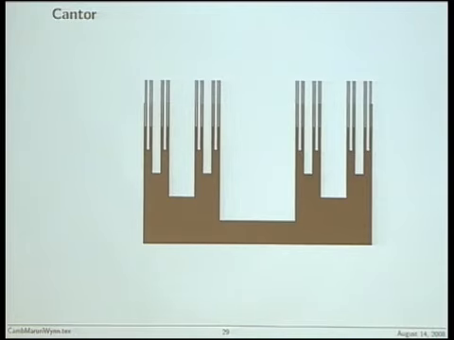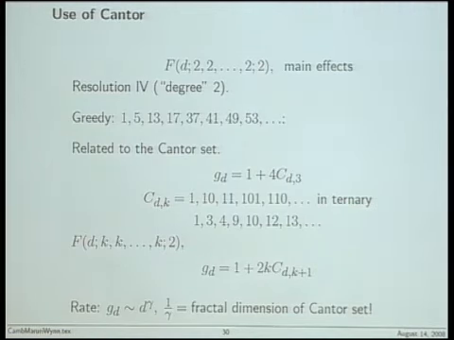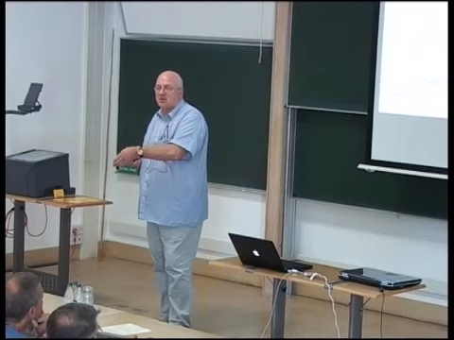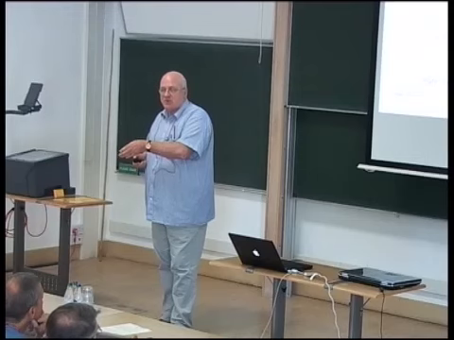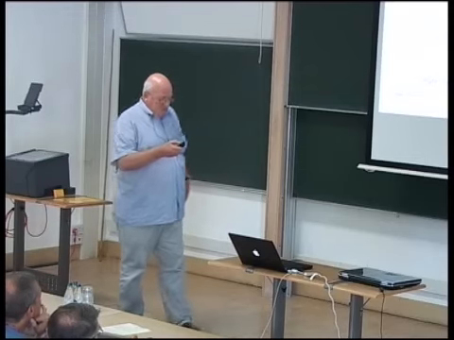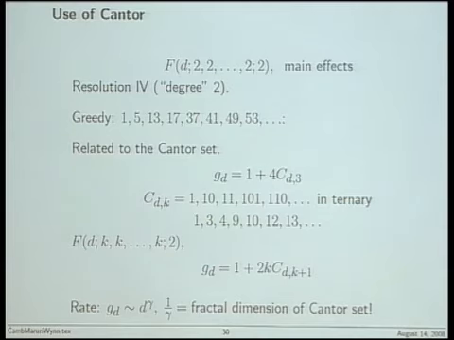So what on earth has the Cantor set got to do with D-optimality? Well, this is the answer. It actually works for a resolution 4 design. This means, to speak polynomial, it says that your quadratic effects are not aliased with any second order interaction. So it's a second order. So it turns out by a remarkable, so what you do is you take